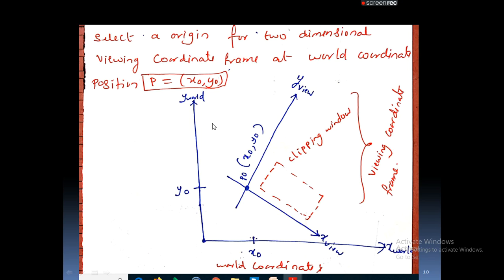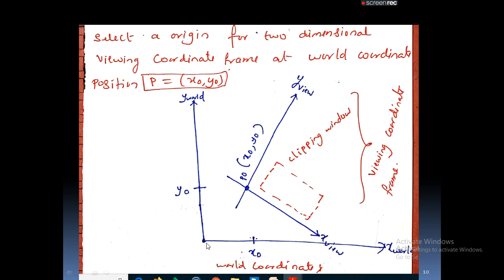Please see the mouse pointer here, with respect to the blue color. Here I have written: assume that we have one Cartesian reference frame in the world coordinates. Its origin is 0, 0. I am discussing with respect to world coordinate 0, 0, and x world represents the x-axis of the world coordinates, y world represents the y-axis of the world coordinates. Meaning one object is already created in the world coordinates whose Cartesian references are x world and y world.